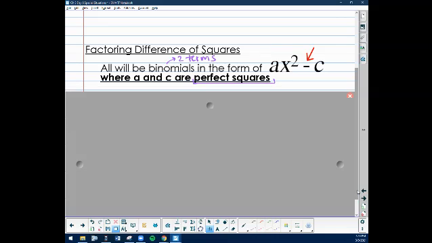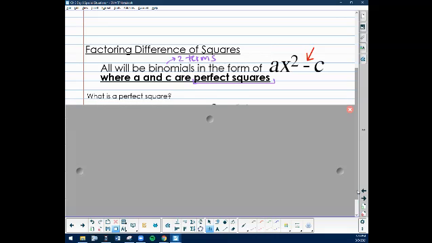Before we get to that, what is a perfect square? You might have heard this before, but a perfect square is like 2 times 2 is 4. 4 is a perfect square. 3 times 3 is 9. 9 is a perfect square. 4 times 4 is 16. 16 is a perfect square. What a perfect square means is when I take the square root,